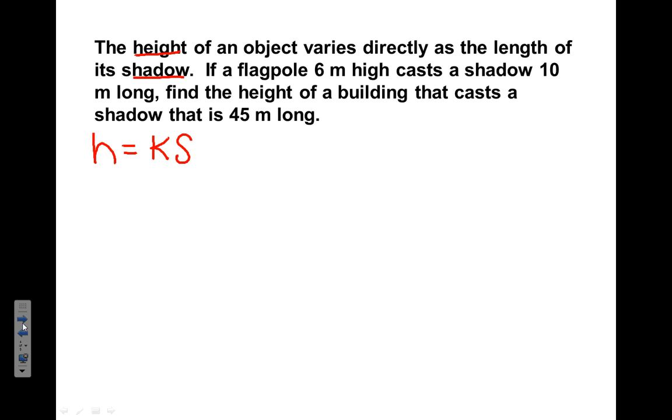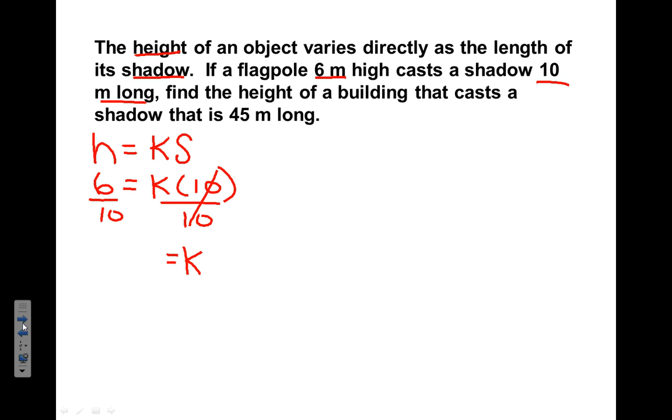Now we have to find k. So I tell you that the flagpole is 6 high and the shadow is 10 long. So I'd substitute the 6 and the shadow being 10 and find k. So we have 6 is equal to k times 10. So we divide both sides by 10. They cancel out, and k is equal to